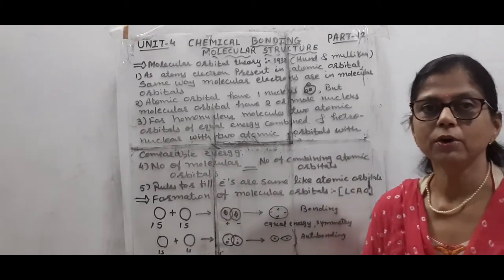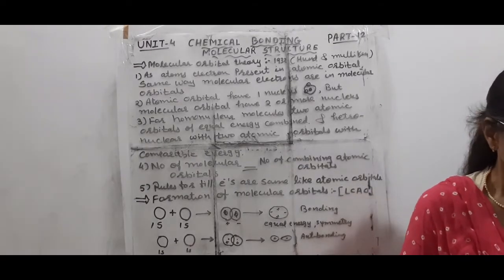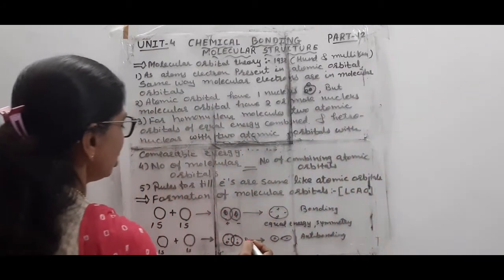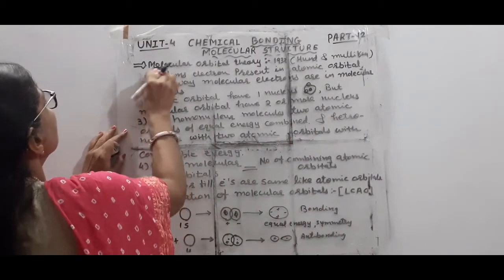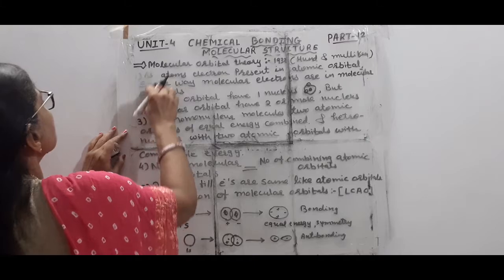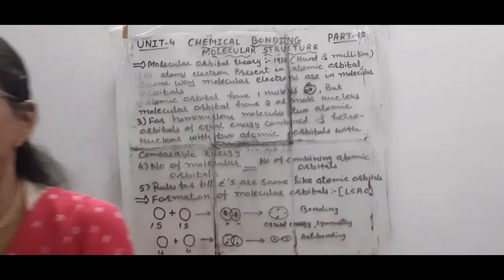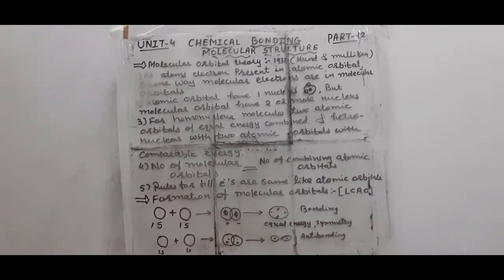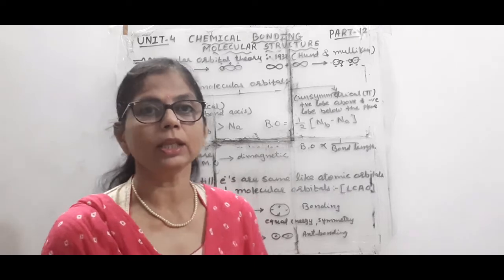And the same way for the formation of the p orbital also. When the p orbital bonding takes place, then there may be a separation. Here I am just going to show you the p orbital. Let us see, students, the p orbital overlapping now, and then we'll go with some more sigma and pi bond formation. So let us see how the p orbital overlapping takes place by bonding and antibonding.